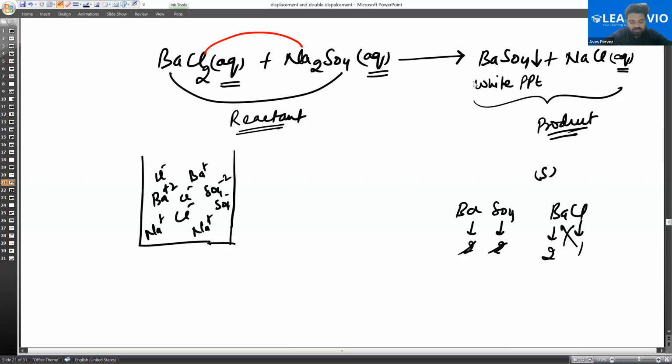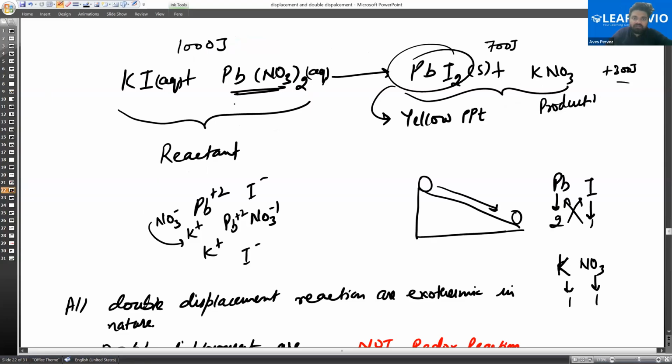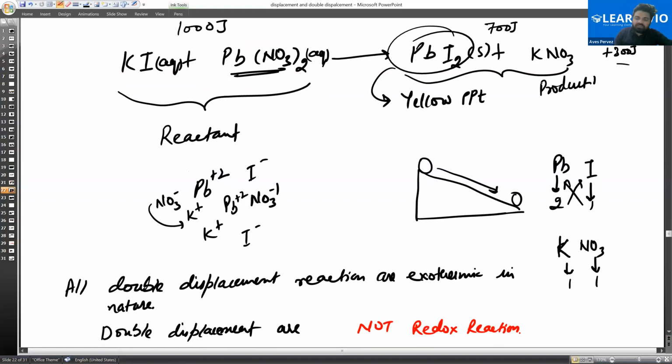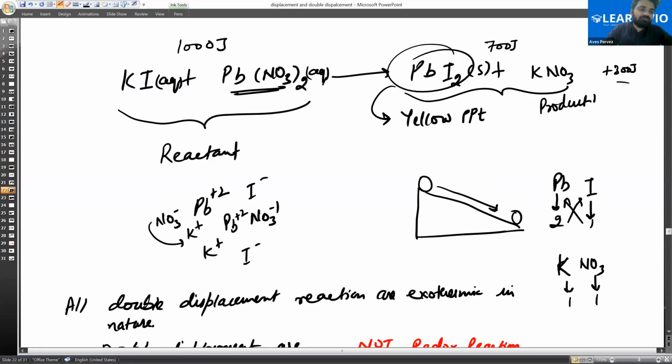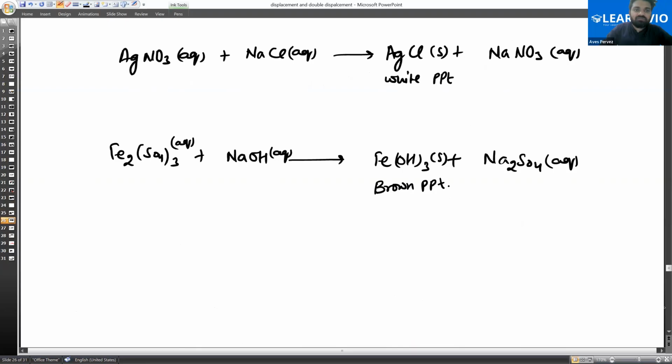बाकी के रिएक्शंस के एग्जांपल्स हम लोग डिस्कस करेंगे. Please take the screenshot of these reactions. Did you do the screenshot earlier? Yes, sir. And take the screenshot of these two reactions that we have to complete. This one, potassium iodide when reacting with lead nitrate, is yellow PPT. All displacement reactions are. Have you taken the screenshot of this one? Yes, sir. You have to memorize that different formula. Only these four reactions are there in the syllabus, and from that only we will be able to memorize the